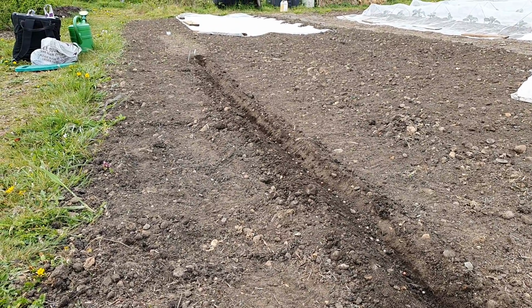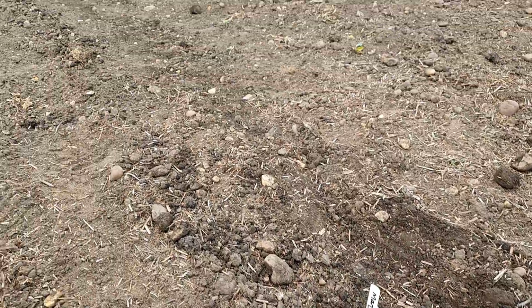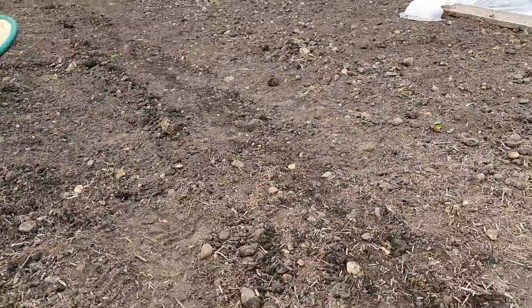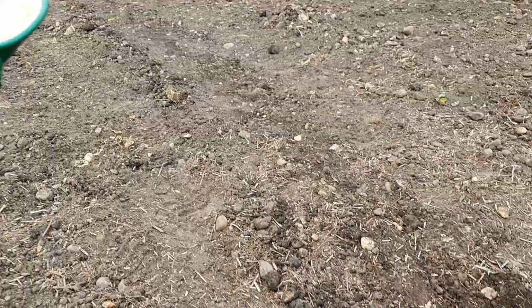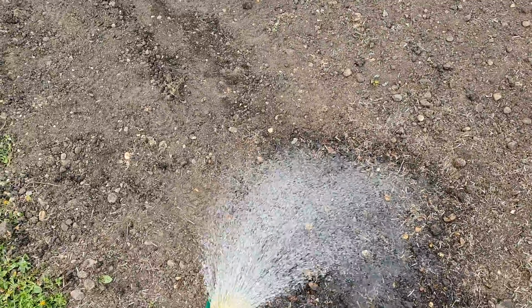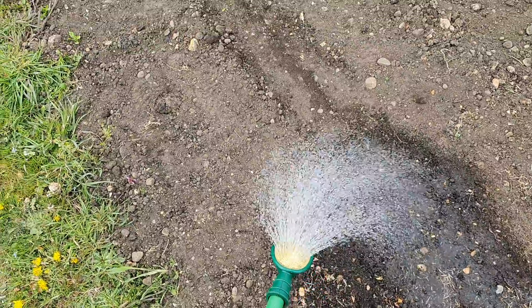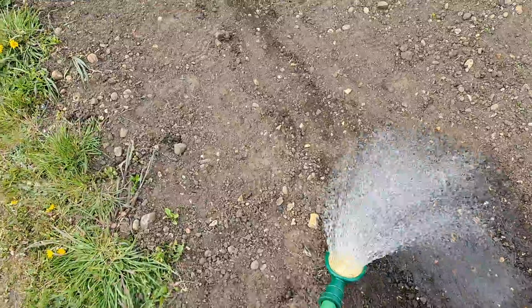Next thing is I'm going to cover them up with some soil and give them a good pat down. There we go, all patted down, so there's nice contact of the soil around the seed. I've added in my markers at either end so I don't forget where I've sowed them. And then last bit is to give it a good water in using the fine watering can attachment and using rainwater,